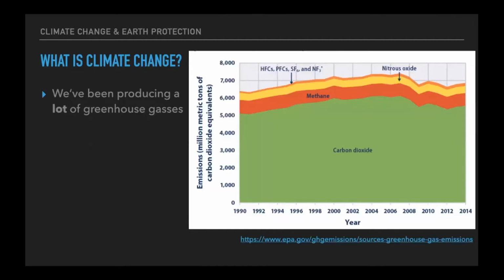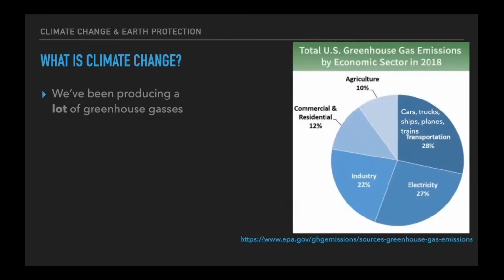So we've been producing a lot of greenhouse gases. And what's interesting is we talk so much about carbon dioxide, but we make far more methane as a pretty steady constant. And so we produce a lot of these greenhouse gases and have done so in an increasing fashion, really aggressively from the 70s, but starting, of course, from the Industrial Revolution in the 1800s. We can break down where we produce these greenhouse gases, and this is just looking at the United States. We see most of our greenhouse gases come from transportation, which is cars, trucks, ships, and trains.